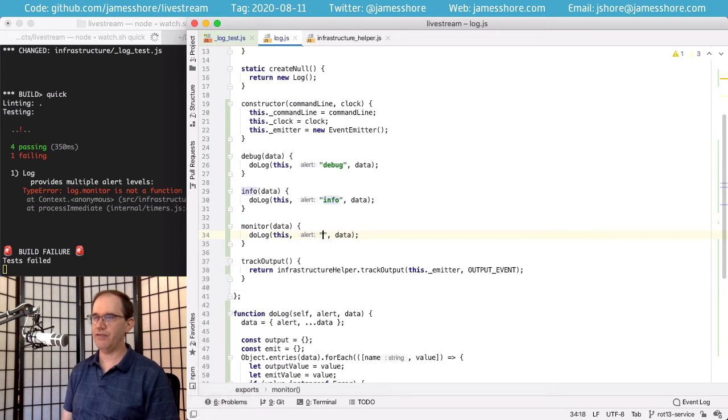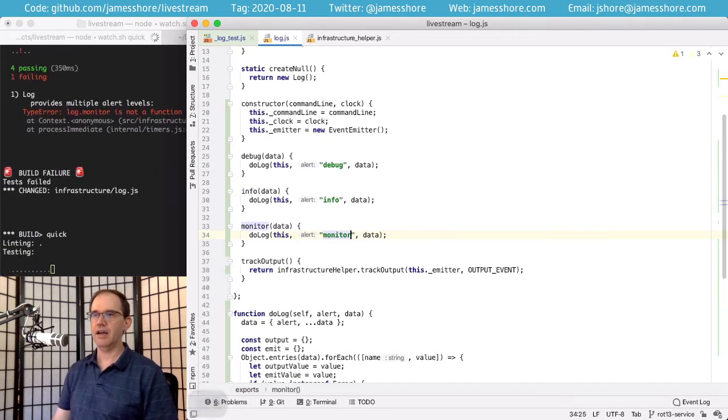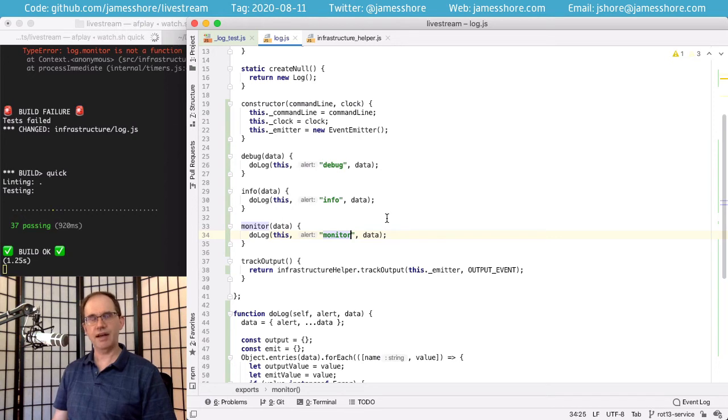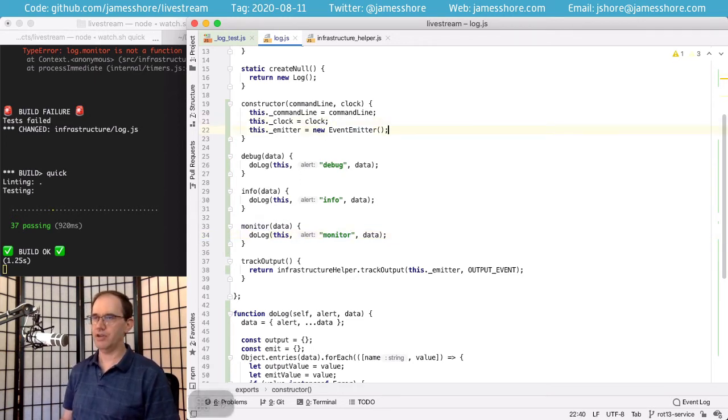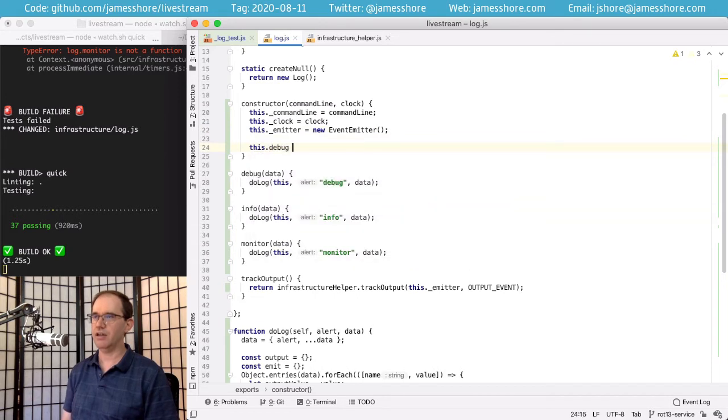Now I do like that we factored out our do log, but because JavaScript has higher order functions, we actually have the ability to do something a little bit nicer here so that we're not doing do log over again. We can actually make a function to make the alerting function because they're all the same. And that's what I'm going to do. I'm going to say this.debug equals our log function for debug.